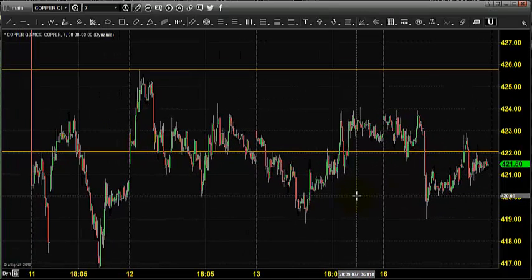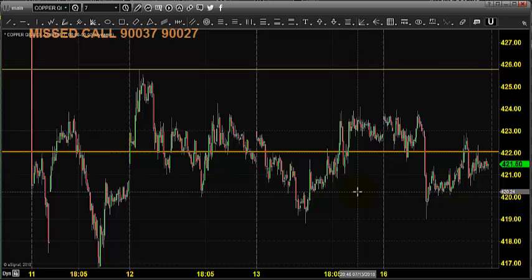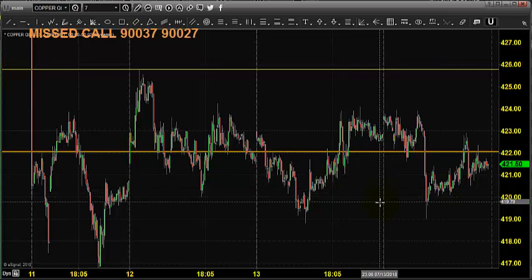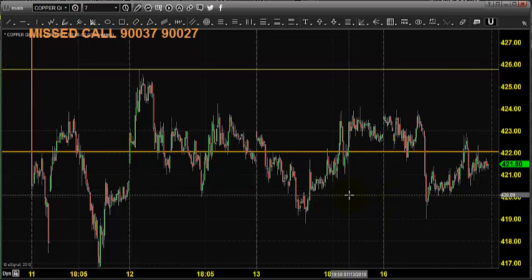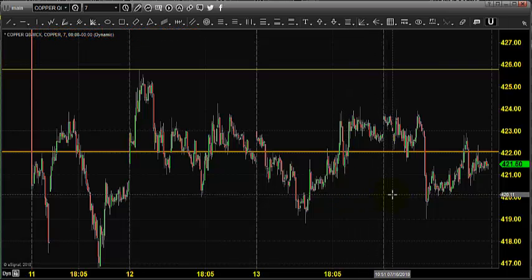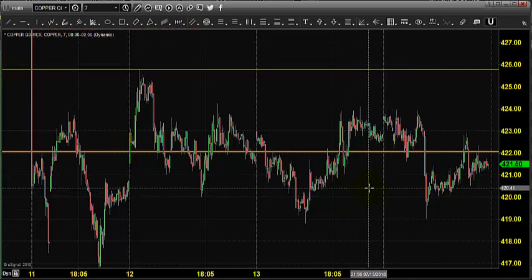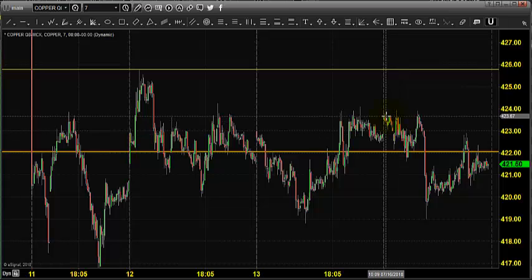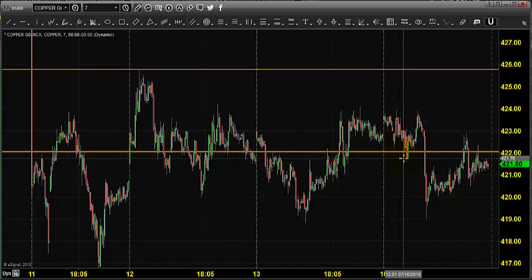In this video presentation, we will see how we can trade in the MCX copper market today. Before looking into that, let us see what happened yesterday and what we expected yesterday. The chart you're seeing is a 7-minute candlestick chart, and this candlestick indicates yesterday's price opening, which shows that the market opened here at 423. So we expected copper to stay on the buying side, maintaining 421 as a stop loss.